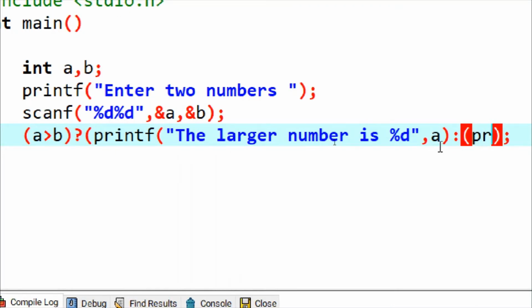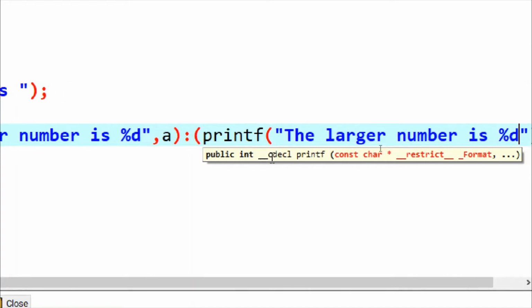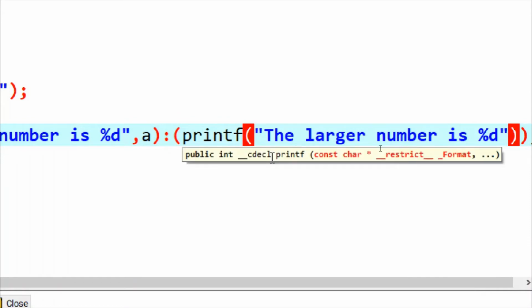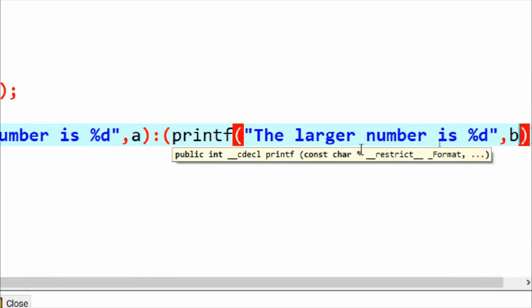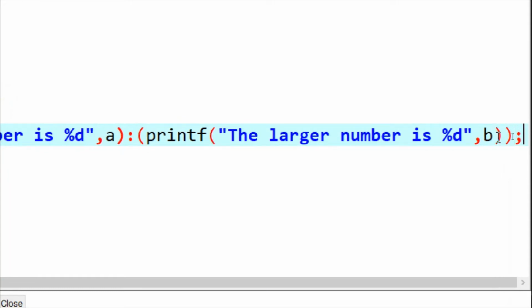I will write printf inside the bracket in double inverted commas the larger number is %d, and where is the larger number stored? It is stored in variable B. This is the closing bracket of printf, and this is the closing bracket of expression number 3.